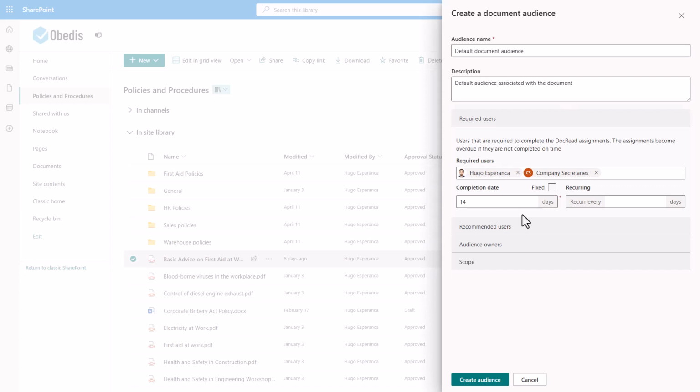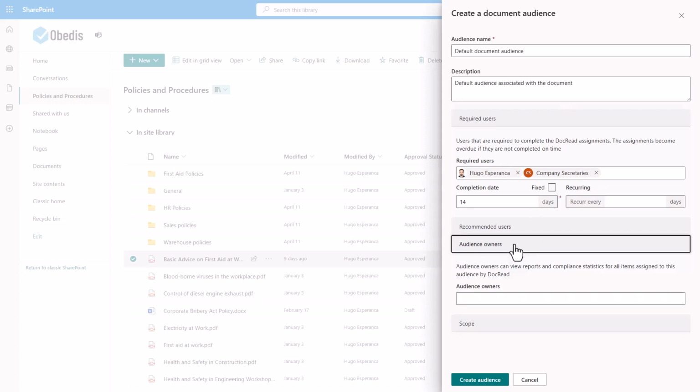We could also have chosen a fixed date if we wanted the users to complete the assignment by a specific date or make the assignment recurring. I'm also going to make Adele an audience owner. This way,